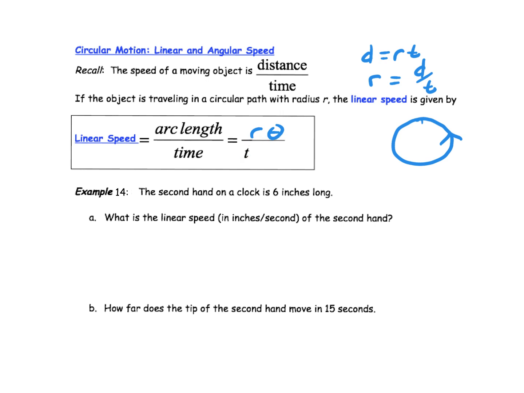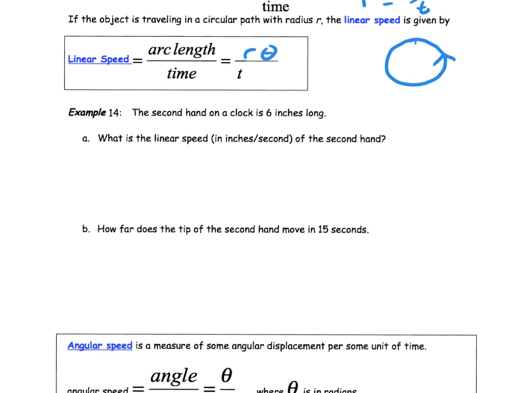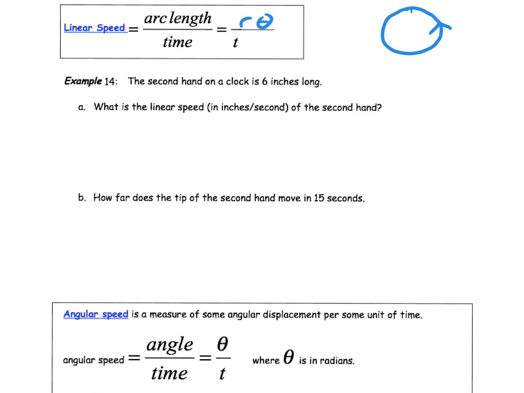So let's do a couple of examples. We're going to look at example 14. Here it says the second hand of a clock is 6 inches long, and we want to know the linear speed, and we're given units of inches per second of the second hand of this clock. So I'm going to draw a clock. So a clock has a circular face, and we're going to have some second hand. We're going to assume it's coming out to the edge of the face of the clock. And then we know that the second hand is 6 inches, and the second hand is moving clockwise around the